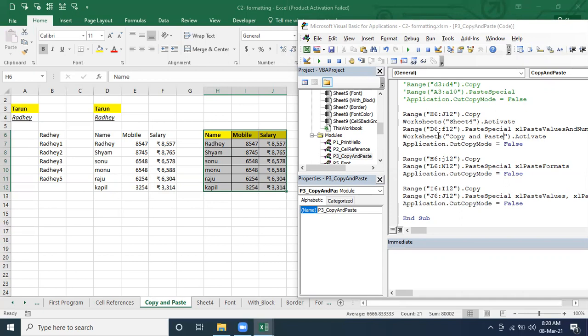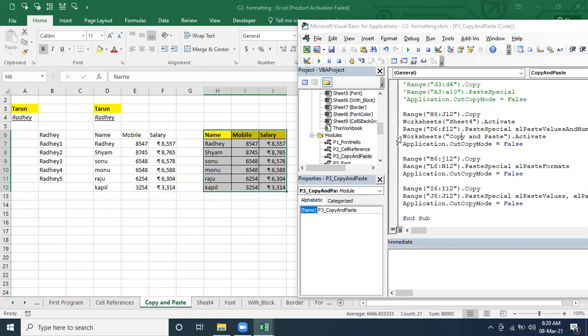Okay. So what I'm telling you, just absorb what this line of code is going to do. It's going to copy this range whatever we have defined in this, and then it's going to activate the sheet, because we want to paste to this sheet. So first we have to reach that sheet. How to reach that sheet? This is the way. Then we are going to paste the value to that sheet itself. Whatever sheet it is, it is going to paste there itself, and then we want to come back to our active sheet where we were working.